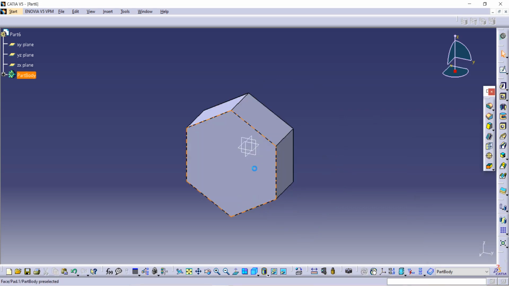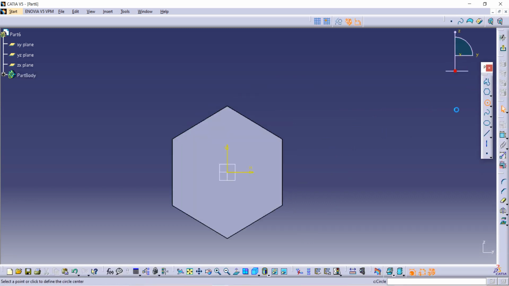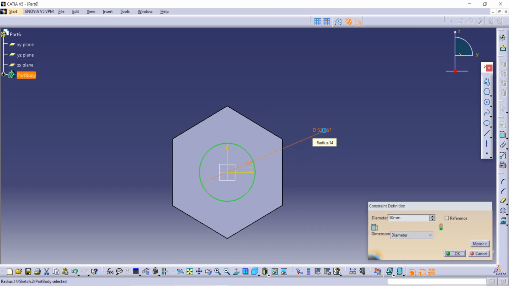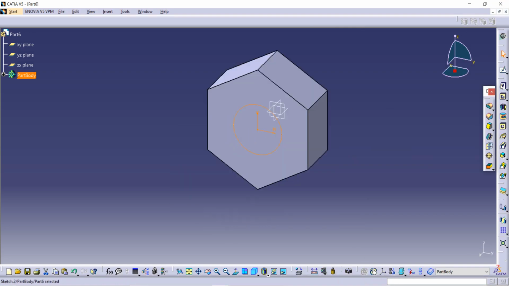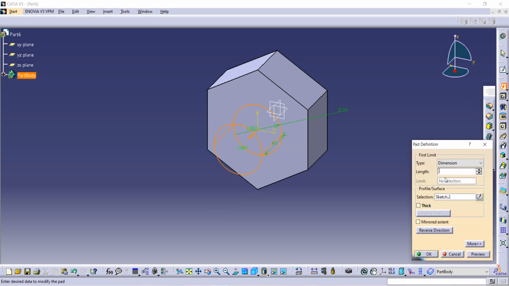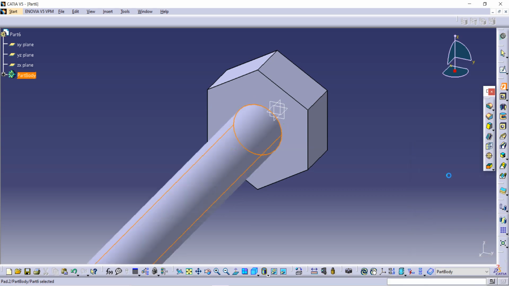45. After that again go on this surface, go on the sketch option. After that select this circle and make one circle through the center whose radius is given as 50. Go on the constraint option, select it and give 50 here. After that go on exit workbench. Then go on the pad command, the given length is 445, and enter it.